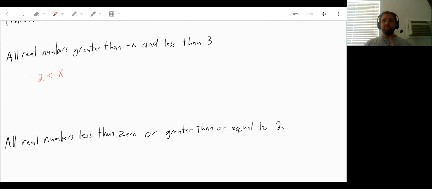And those same numbers have to be less than 3. So now that has to be less than 3. So with these compound inequalities, we now get some of these statements that have inequalities on both sides. So we end up getting two inequalities within the same expression. And at that point, we can still graph this like how we normally would,